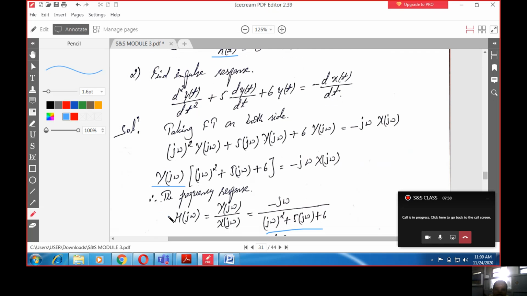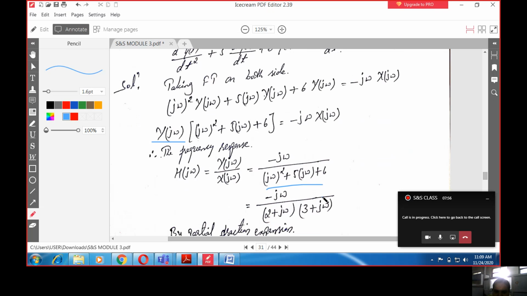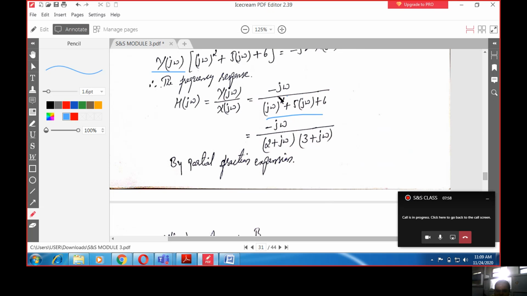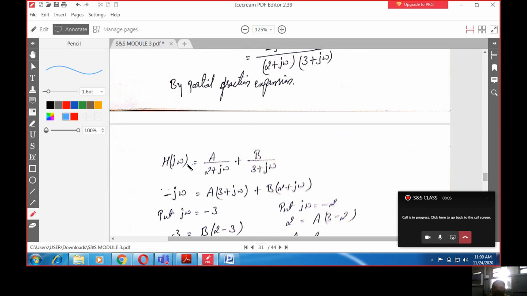Then the frequency response is H(j omega) = Y(j omega)/X(j omega) = minus j omega divided by, taking these terms down, in the denominator (j omega) squared + 5 j omega + 6. Then take the factors: (2 + j omega)(3 + j omega). Then by partial fraction expansion, I can write H(j omega) = A/(2 + j omega) + B/